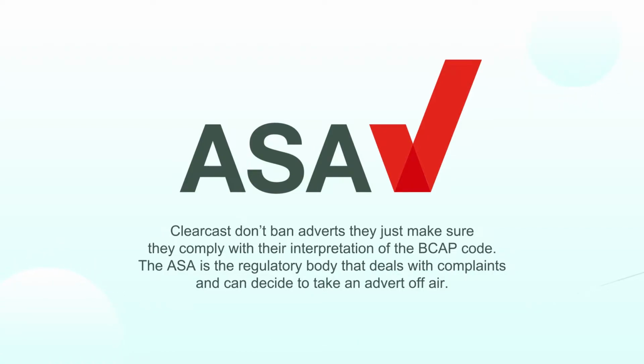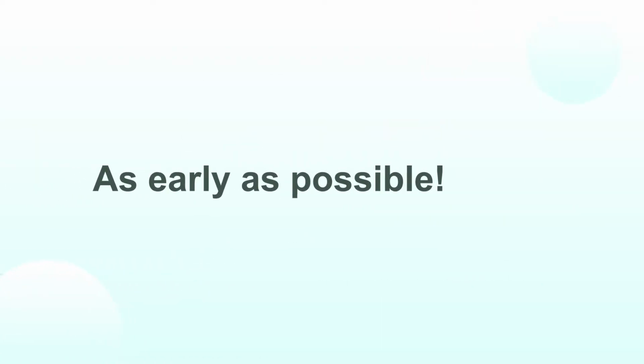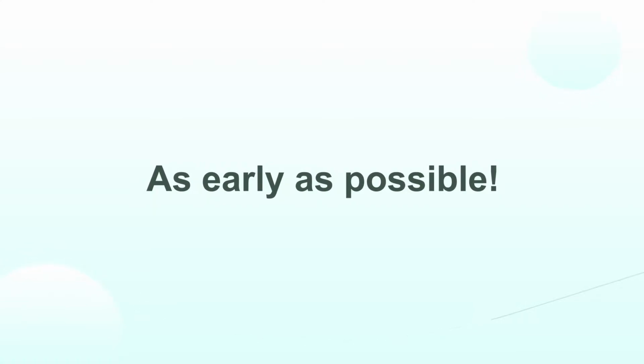One thing I would always recommend is getting Clearcast involved in the TV clearance process as early as possible to make sure any creative you're planning actually adheres to the ASA guidelines. There's nothing worse than filming and editing a commercial only to realise that the visuals or script are incorrect and require either reshoots or re-edits. Anyway, let's jump into the technical specs required to make sure your video is uploaded successfully.